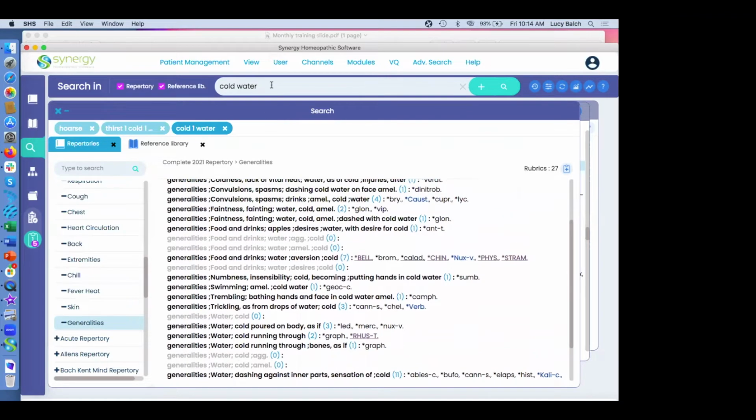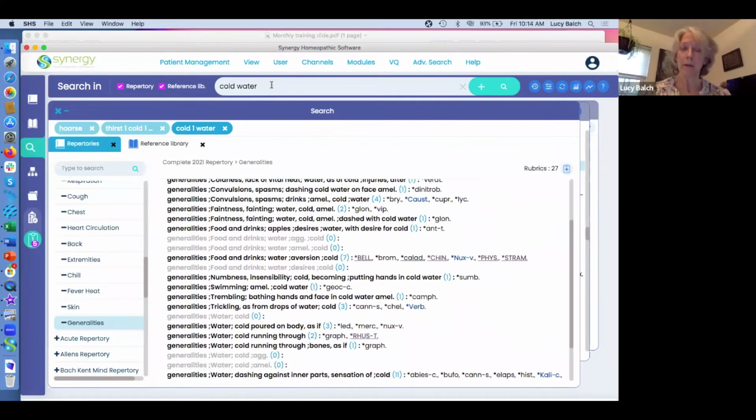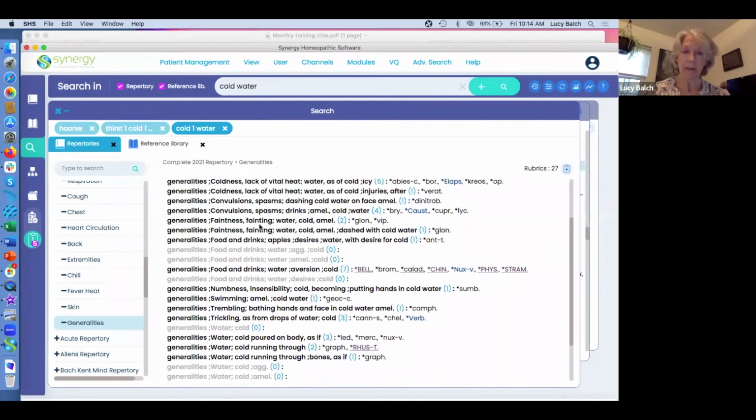Lucy, could you just explain the keystrokes that you're making to put rubrics onto the clipboard? Oh, sure, absolutely. Once you've highlighted a rubric, and